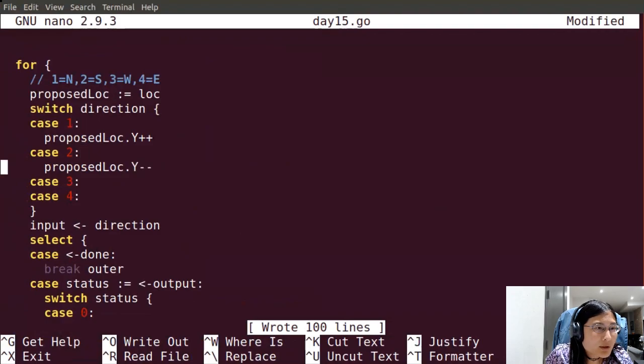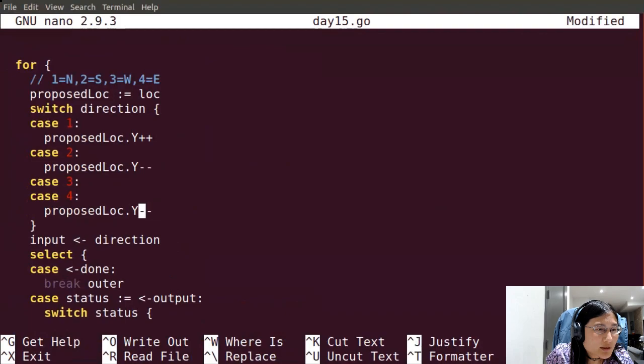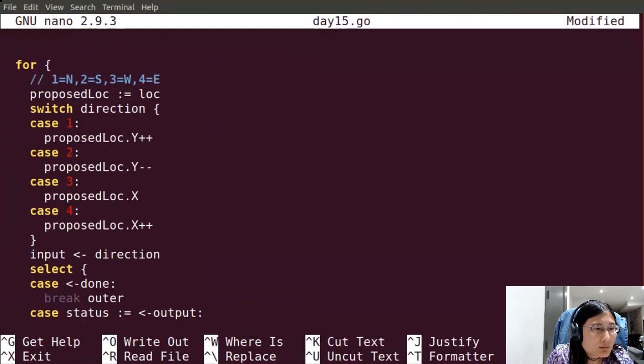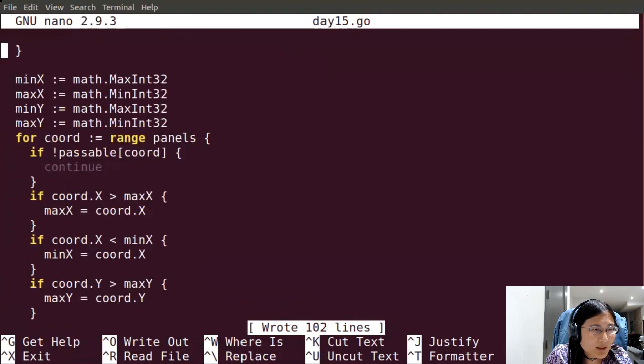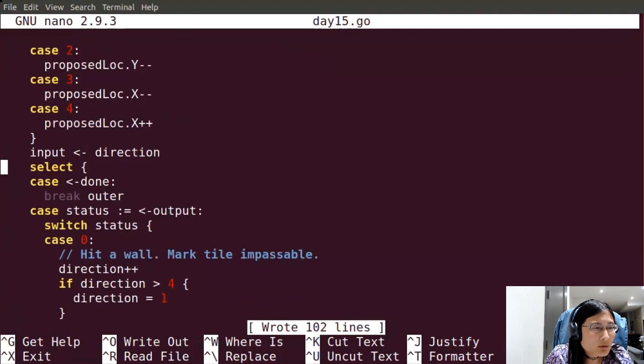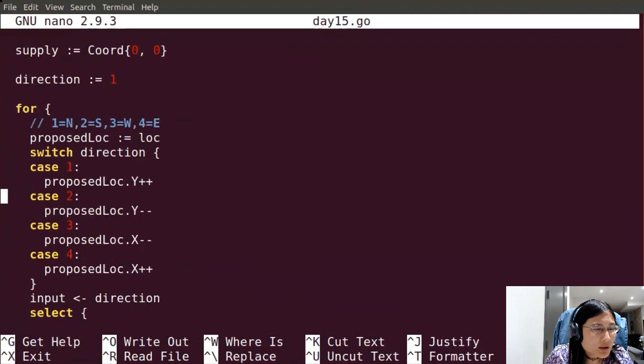Y coordinate, okay. East means x plus plus. West means x minus minus. And then we need to make sure that this is correct. So starting from x, y, because it's printing from top. Yep, okay. Good. Cartesian coordinates is fine.